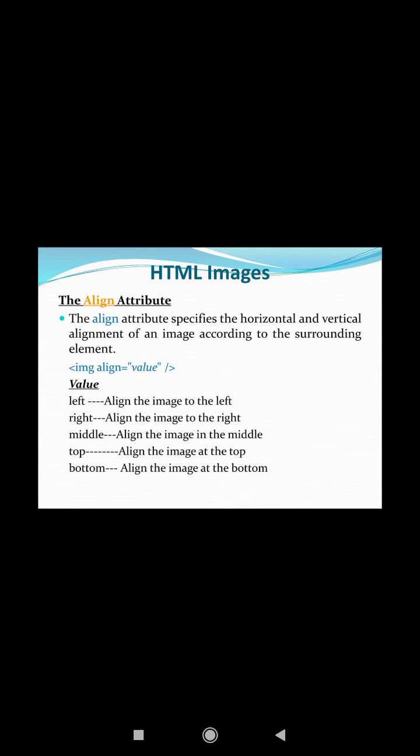Then we close the angle bracket. This is how we give the align attribute. With the align attribute, the image will be set according to the specified alignment option, and the text will not wrap around it.